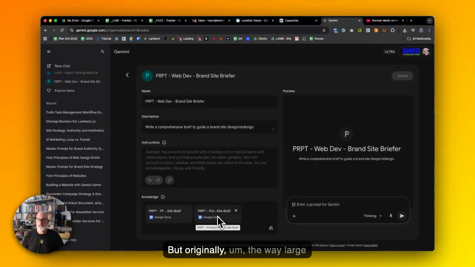But originally, the way large language models worked was, and this is an oversimplification, it took all the knowledge in the World Wide Web, the internet, threw it into a big fat hopper, pureed that, and then allowed you to begin querying that by asking questions. And the result of that was a kind of homogenized smoothie of a lot of information that